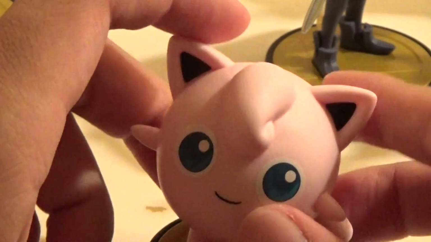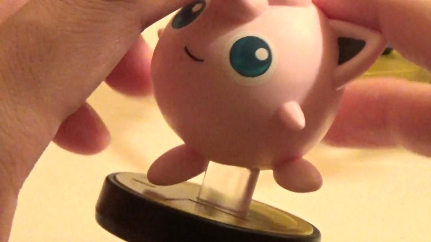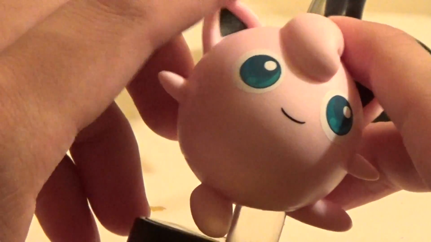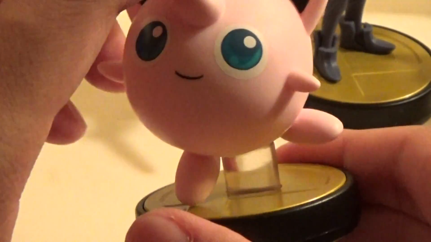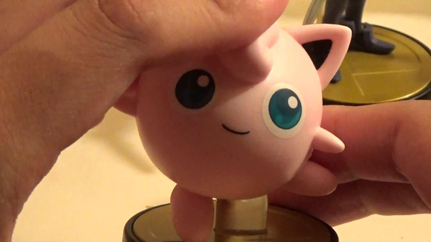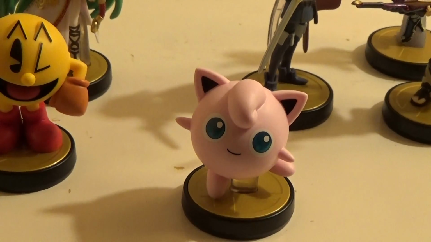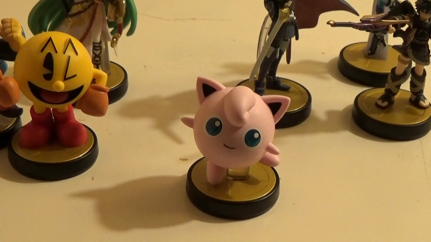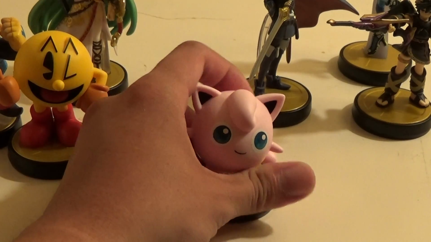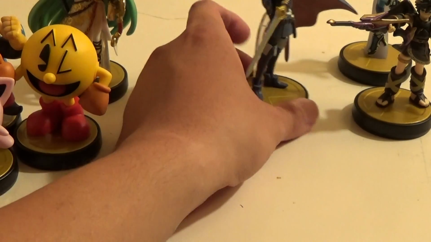But one thing I have to point out I don't like about this amiibo, it's very flimsy. Like, you can see it here. It's very wobbly. I don't know why. Every single other base for the Amiibos was very sturdy. This one feels very flimsy, and if you're not careful, you could actually break this figure. So, caution, be very careful when you handle the Jigglypuff Amiibo. I don't know what it is, but it just feels very, very delicate. I don't like that, but...